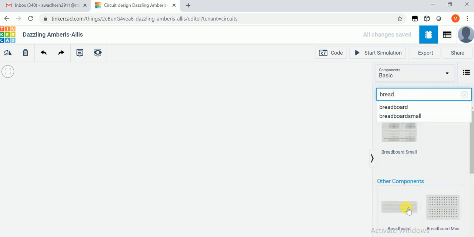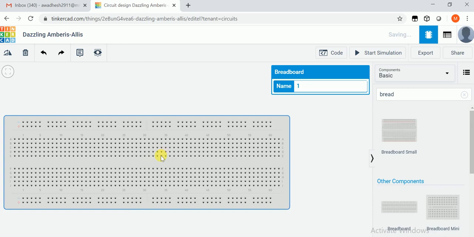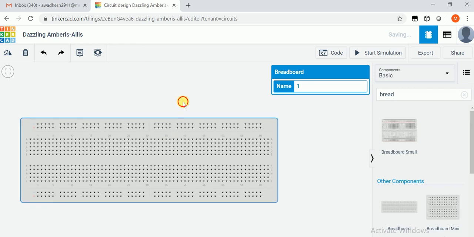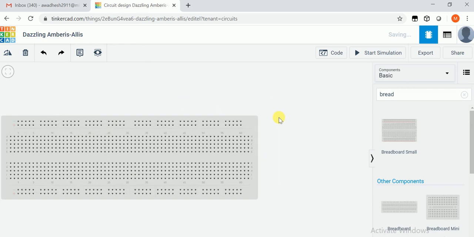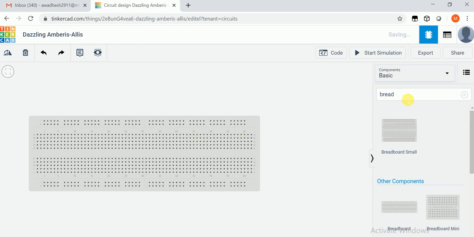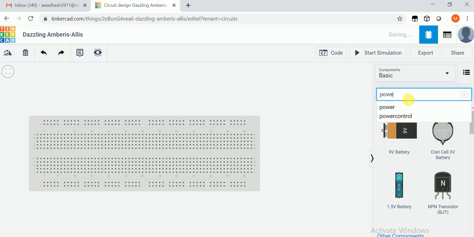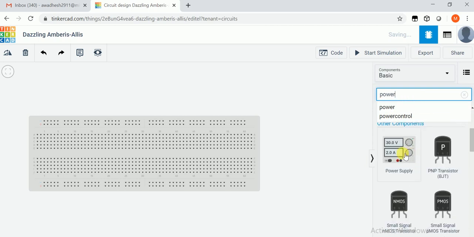We'll again utilize this 840 pin breadboard that is usually found in our lab. Second thing is power supply. We can search here, here is the power supply.